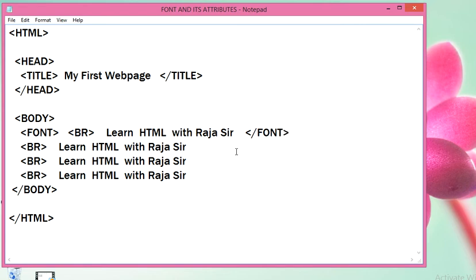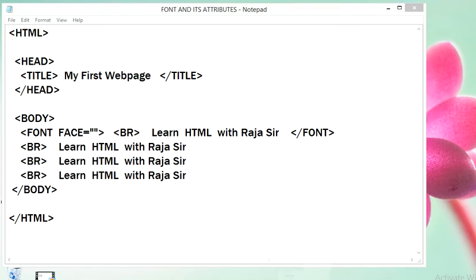So this font and this slash font will not make any change. If you do not use any attribute of font, nothing will change. So now we are going to use the face attribute, face equal double quote, double quote. In the double quote you have to write the exact font. So from where will you get the font?